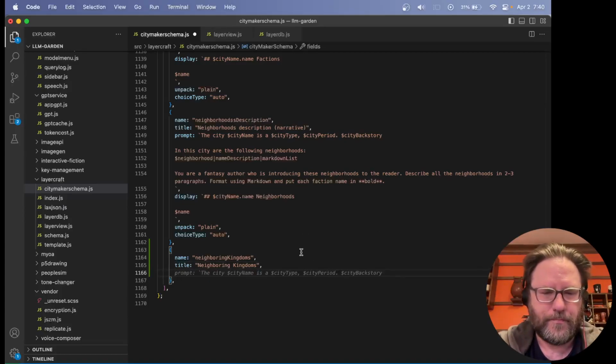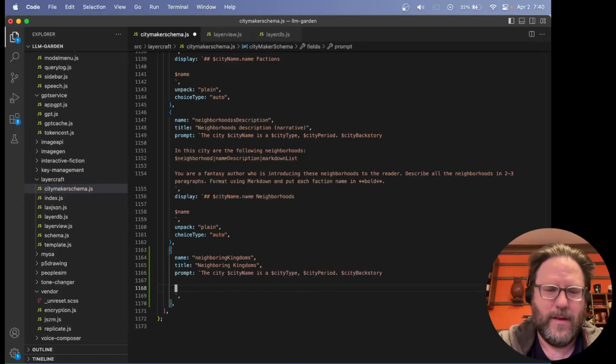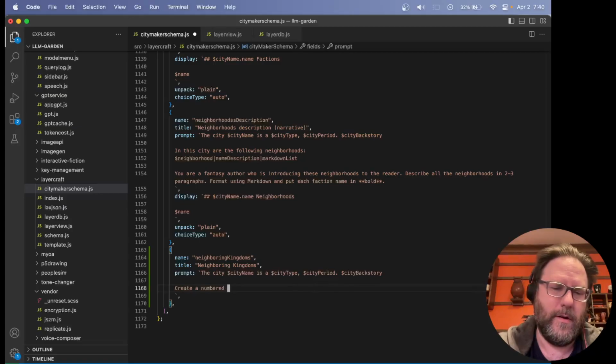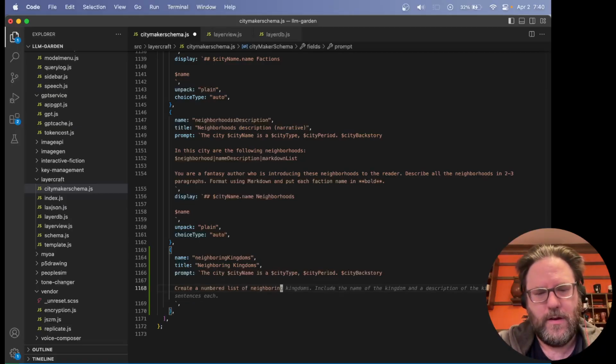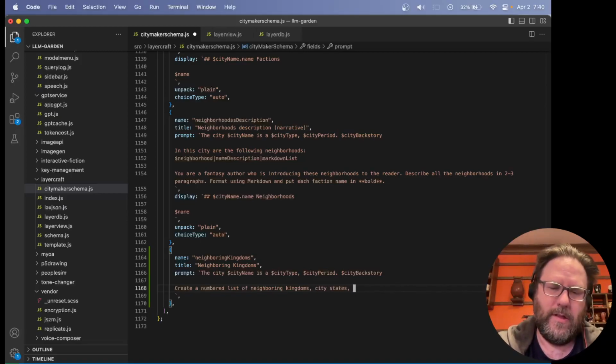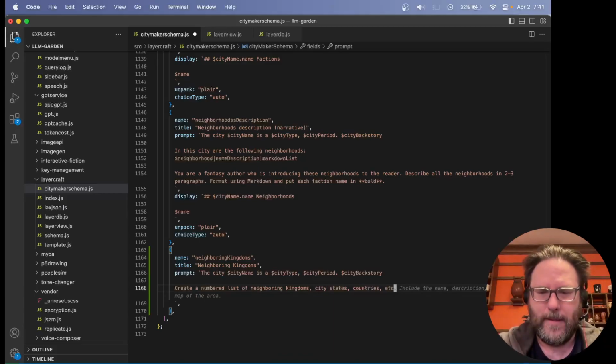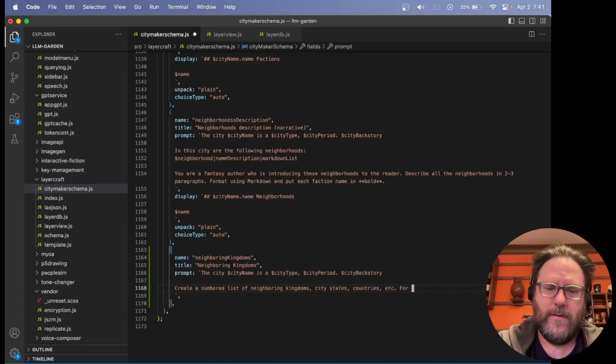You can see Copilot is jumping in and doing some work here, and we actually need to ask it. So, create a numbered list of neighboring kingdoms, city-states, countries, etc. Format each.